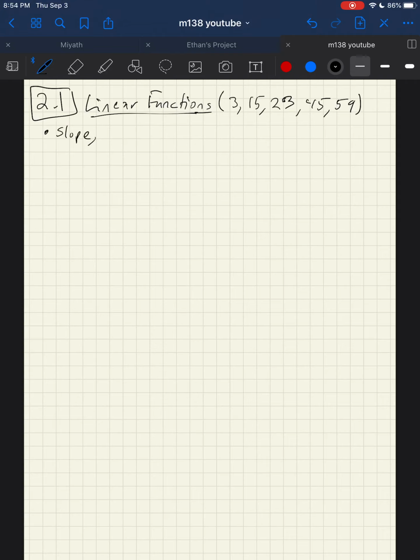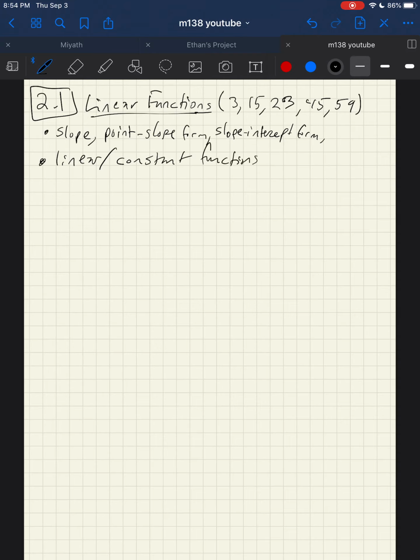So we've got slope, then we've got these things like point slope form, we've got slope-intercept form, and finally, well, I guess we'll just leave it like that. Then we've got linear and constant functions. We've got parallel,